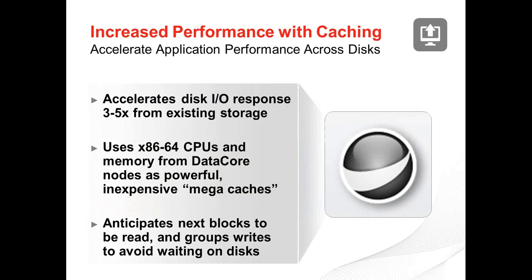Okay, another technology that helps in accelerating app performance is our high-speed caching. Now, I know caching doesn't sound sexy or like the most exciting technology in the world, but I assure you this is the most elegant implementation of decades-old technology that you'll ever see or experience. This is because our storage virtualization software is built on a set of patented high-performance data caching algorithms that have been developed throughout the years by high-level mathematicians and even PhDs. What this technology does is allow you to use regular old memory to create mega caches that anticipate reads and writes before they even come in, and this helps prevent every request from hitting a spinning disk.